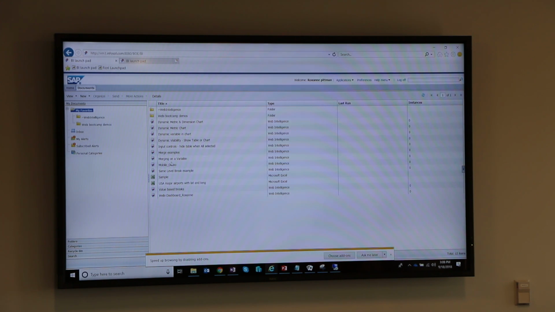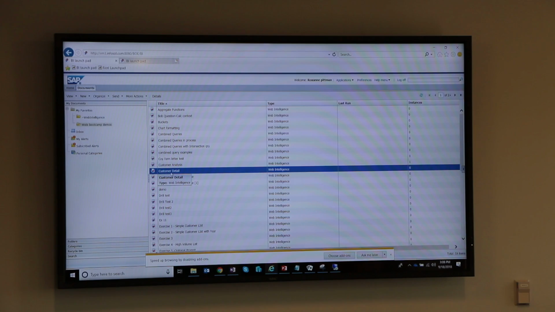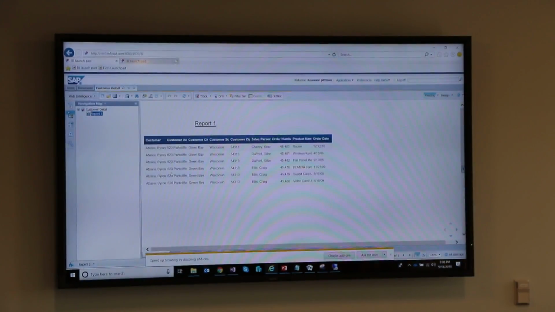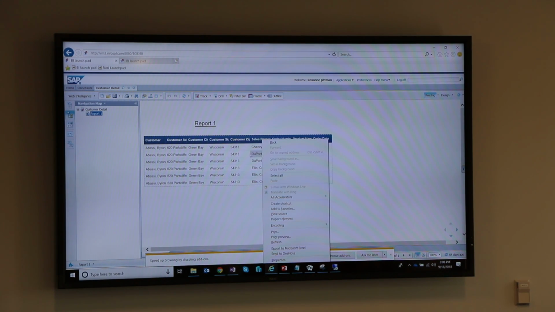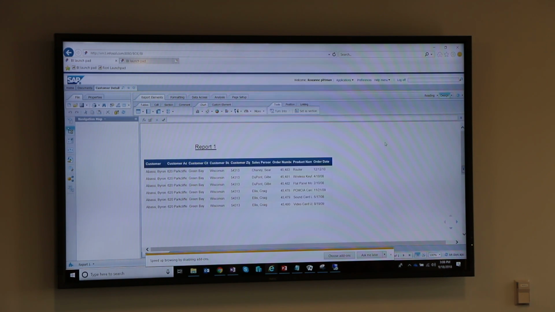Just grab one of these. All right, so again, we don't have the right-click design options for filtering or adding calculations. In design